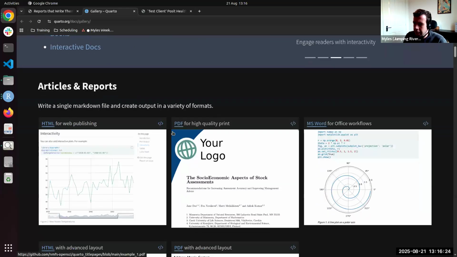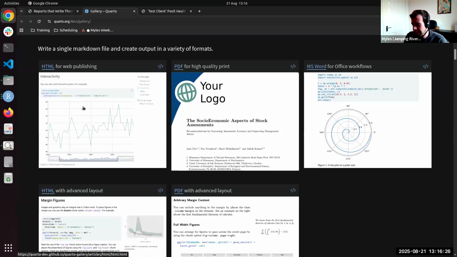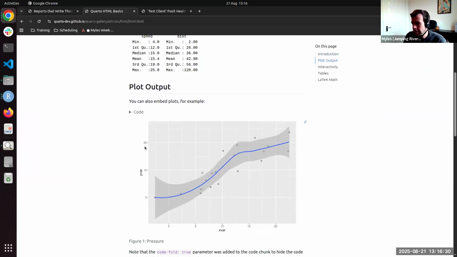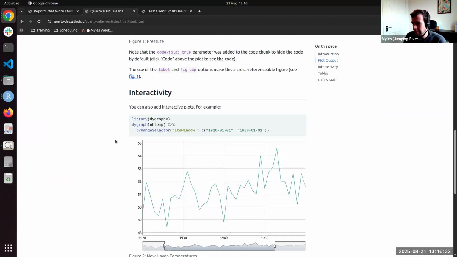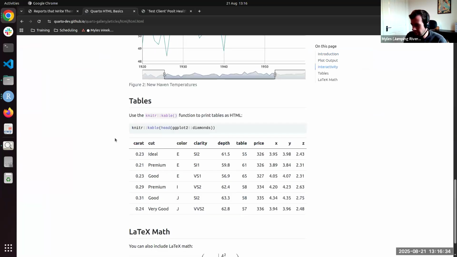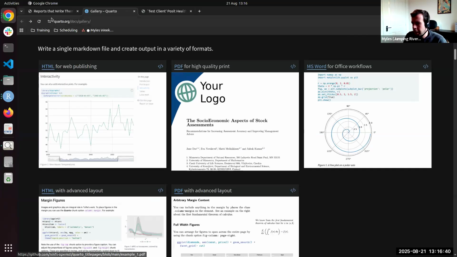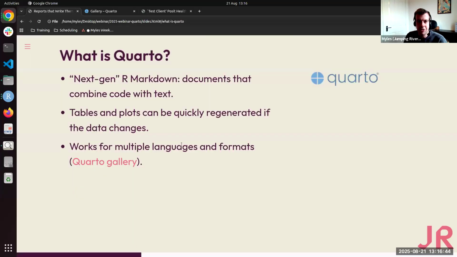And this just gives a nice overview of all the different formats that you can create with Quarto. So just to give some examples, HTML, that would be a good choice for web development. So if you have a report that you want to be hosted on the web, you could create a report like this. You can also create presentations, HTML presentations, and the slides that I'm presenting today is actually an HTML slide deck that I produced with Quarto.